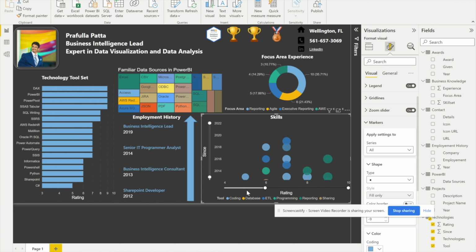So if you see Power BI, I started using it from 2016, and I rate myself as 9, because I'm very confident on what I do with Power BI or any other tools and technology. And then the technology tool set, because we in IT corporate America use different types of tool sets, right? So whether it is DAX, which is a language in Power BI, or an ETL tool like Matillion, SSIS, or